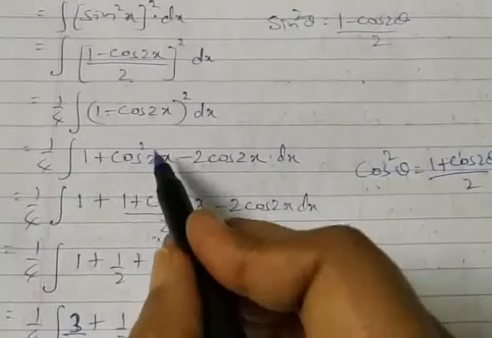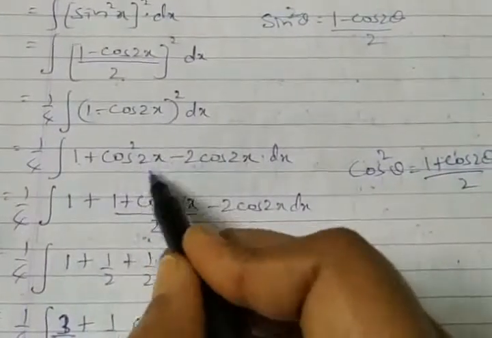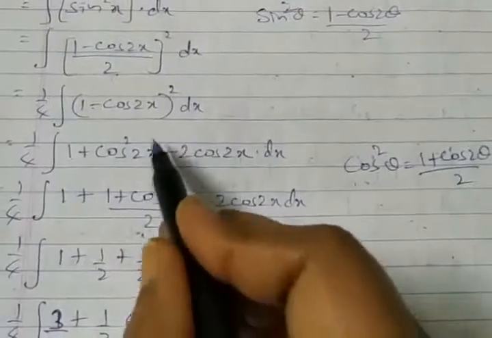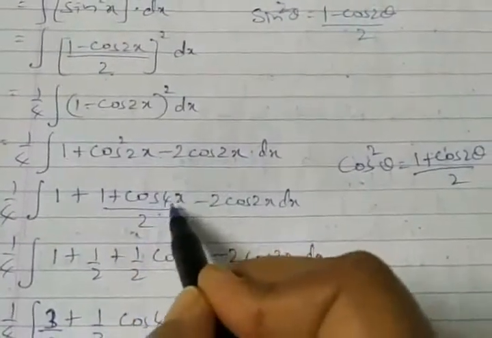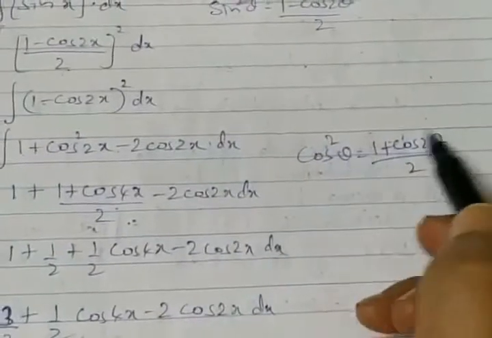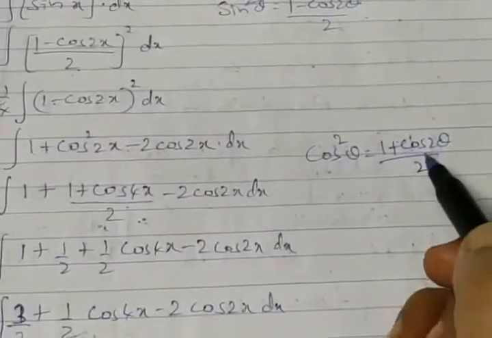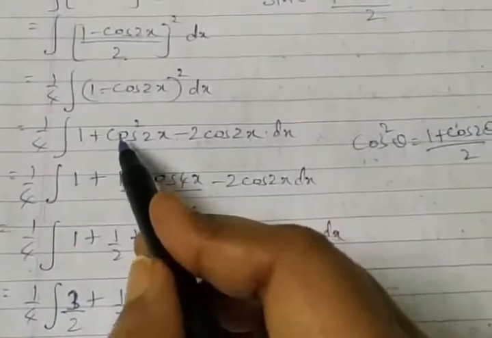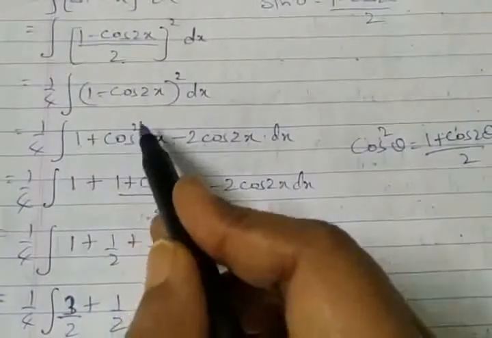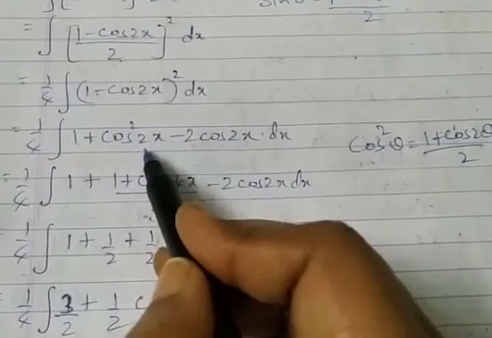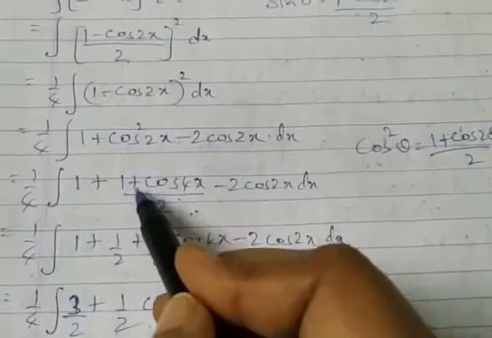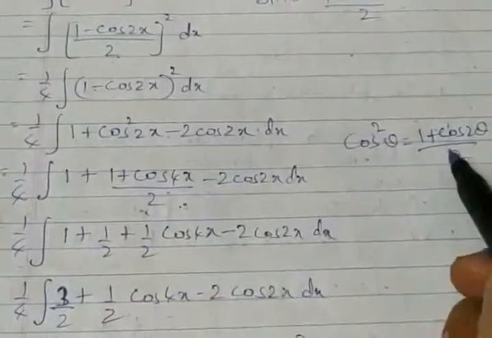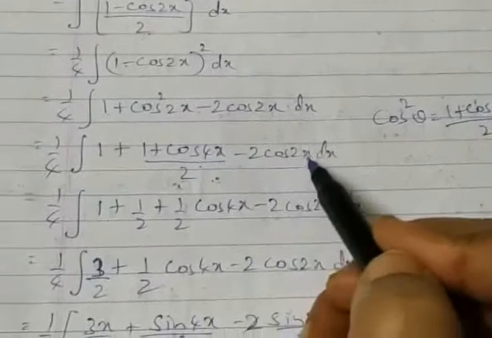Pay a little attention to the angle. We have 2x. So cos square 2x should be 1 plus cos double of that, which is 4x. See, if x is there, 2x is double; that is why it is called the double multiple formula. Okay, so here we have to balance properly. In the last example I took, cos square x was there, right? In the previous video we discussed it. Yeah. So here I should say it is 1 plus cos double of this, which is 4x, whole divided by 2, minus cos 2x kept as it is.